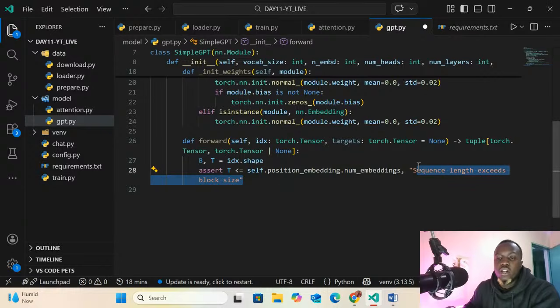So that our model does not overtrain, does not overfit, it can just print out. Basically, this one is a print out. So this one should be assert self.block_size.